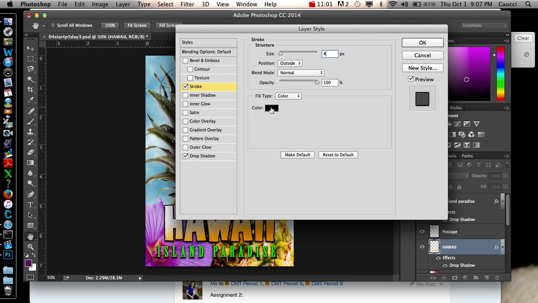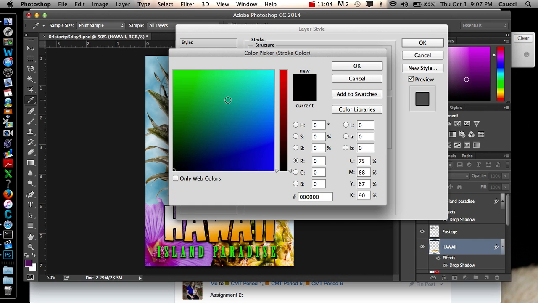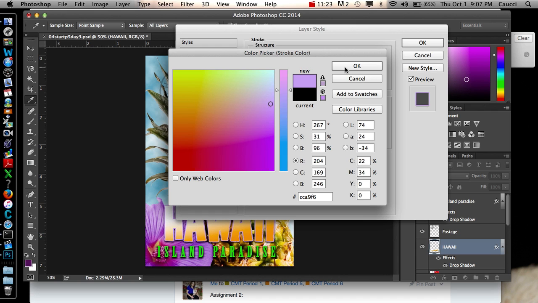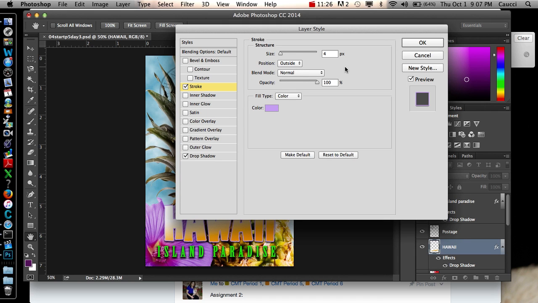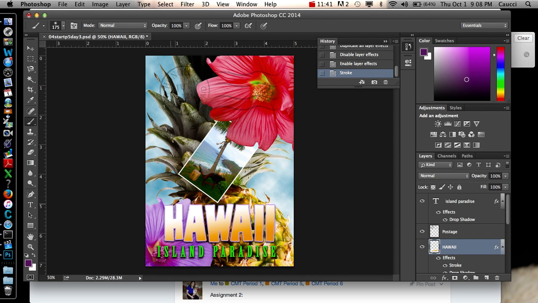And then we're going to click in this little box right here. And we are actually changing the outside of our Hawaii. So choose any color that you like. No specific one needs to be selected. After you have the one that you want to select, go ahead and hit OK. And then we're going to hit OK again. And you can now see the drop shadow around